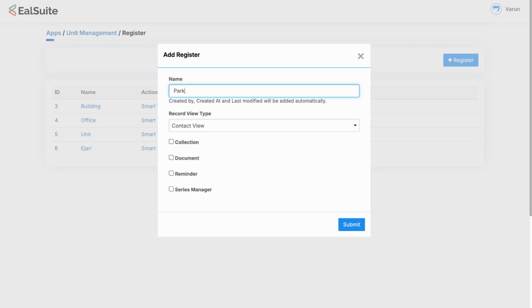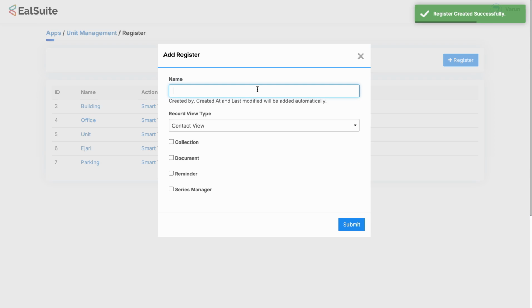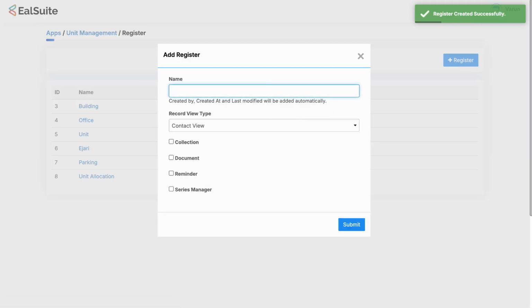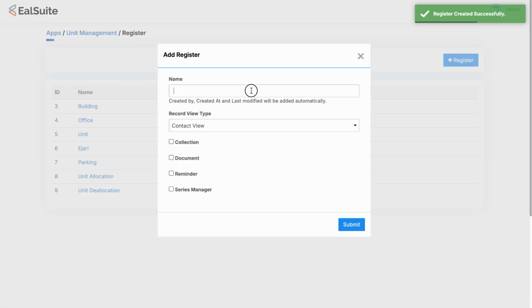Now we can create parking. Now we need to allocate the units. So we need a space for that, and for that we'll be utilizing unit allocation. And unit deallocation is going to be the space where we deallocate the allocated units. And finally, we have the unit allocation